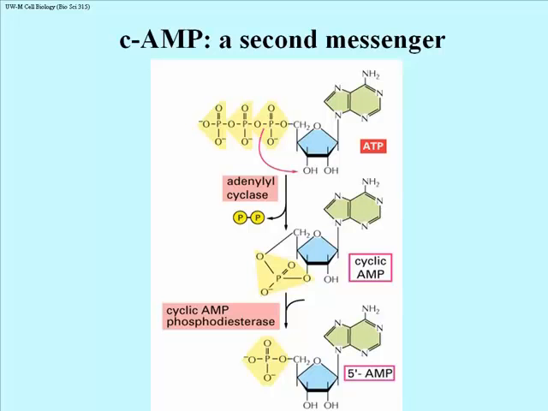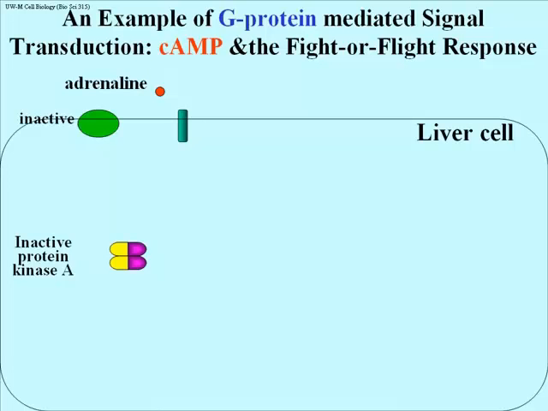Here is how cyclic AMP is formed and destroyed. You can see the formation of the cyclic compound first, and then you can see phosphodiesterase catalyzing opening of the cyclic compound to leave behind just plain old AMP. The best known example of a cyclic AMP action in eukaryotic cells is the fight or flight response to adrenaline,